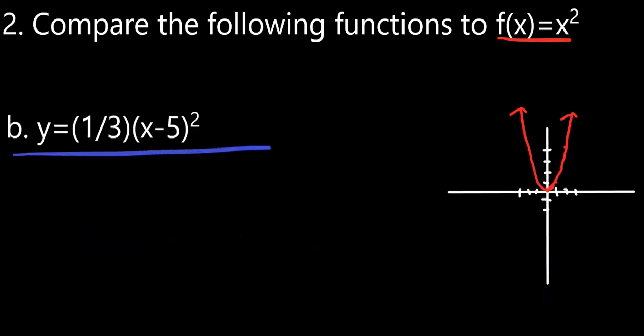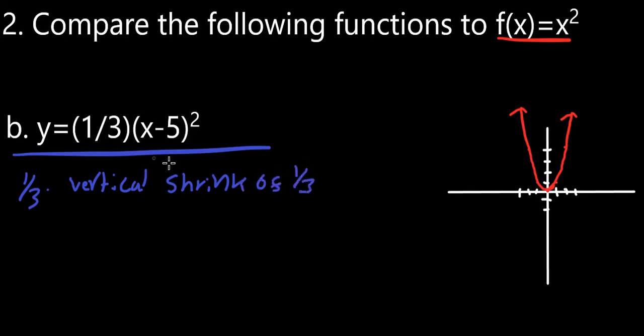Now let's take a look at B, y equals 1/3 (x minus 5) squared. Here what we see is different is this 1/3. This 1/3 gives us a vertical shrink of 1/3. So this is making it so every y value is 1/3 the size it would be normally,